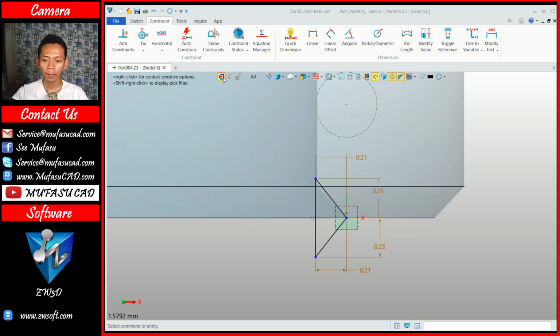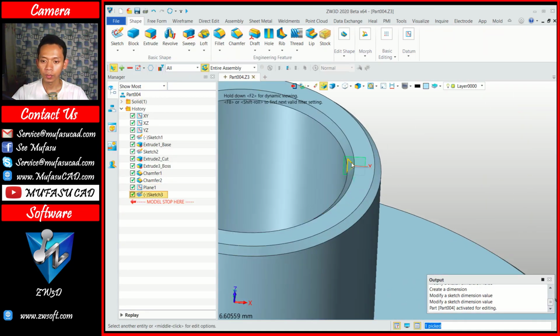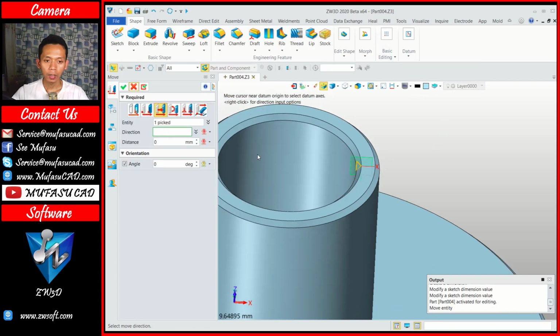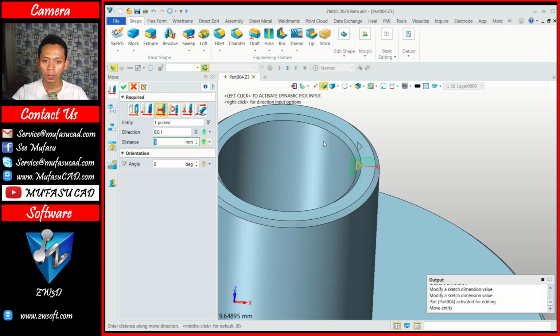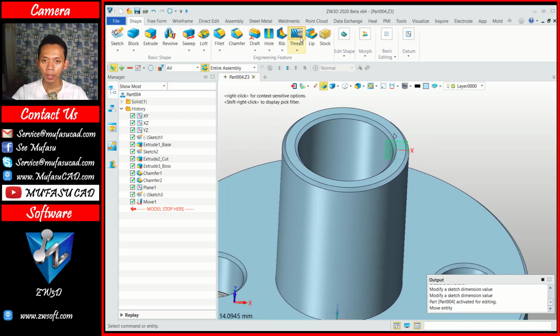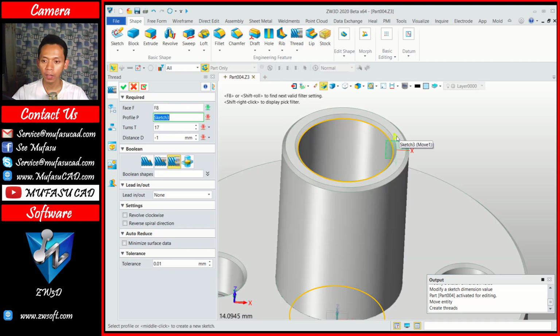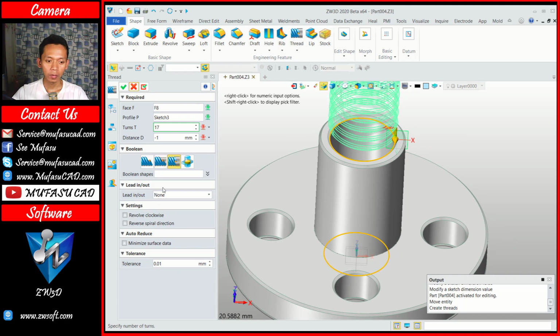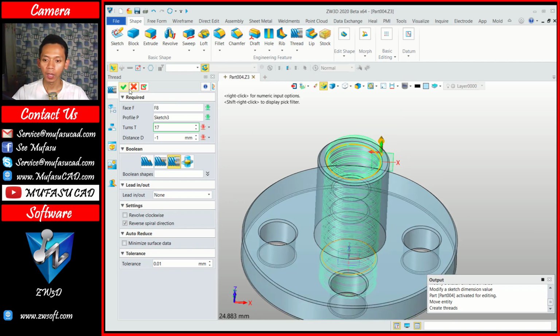Okay, you can close the sketch. And now here I will use the move tool. You can click these objects and you can click basic editing, click move. Okay, you can move along the z-axis. Okay, you can move to the top and you can click apply. Now we can use the drive command, and then for face you can select this face. For profile we can select this profile. Okay, and next you can click this option, reverse spiral direction. It will move to the bottom, and now you can click OK to apply.